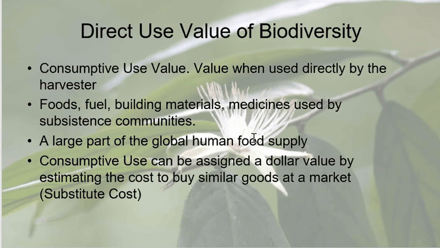So consumptive use value is when a human goes into a natural ecosystem, harvests the biodiversity, and then uses it directly. All of the things which I've mentioned before, biodiversity can be food, fuel, building materials, medicines, and generally this